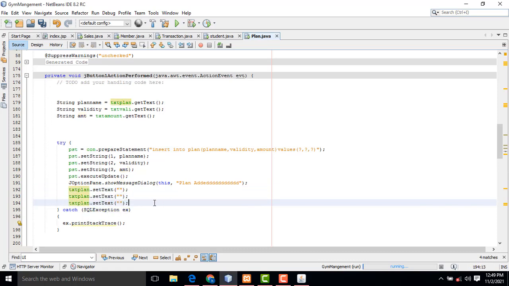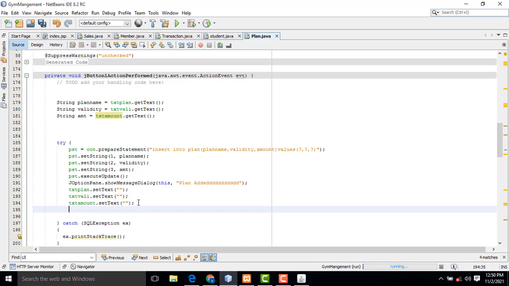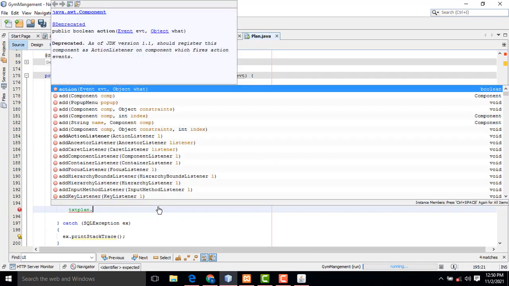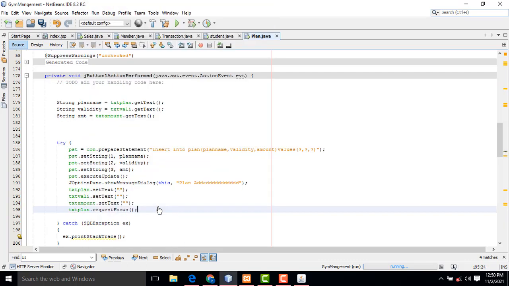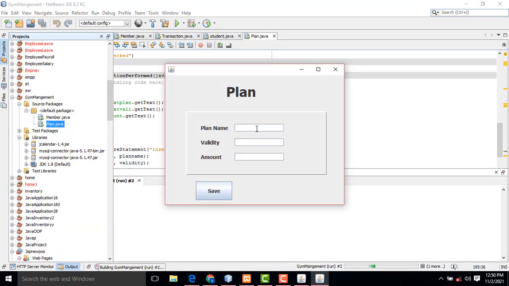The set text, this one should set text value, text amount, we have to put it here. All the things we have to clear. The cursor should be focused on the txt plan text field. Dot request focus, you have to call this method, request focus. The cursor should be focused on the txt plan text field.